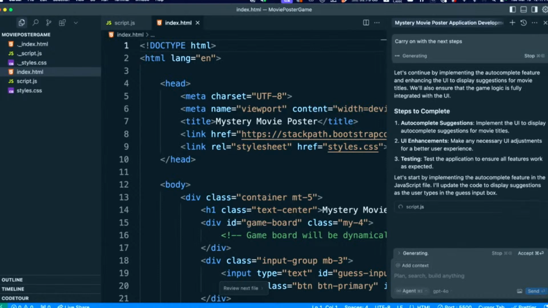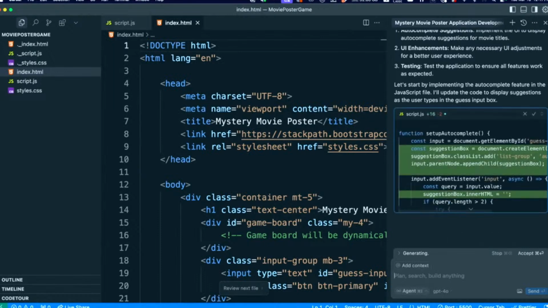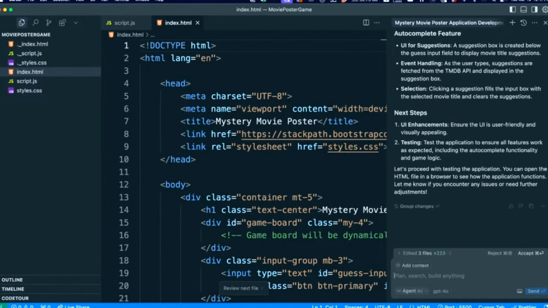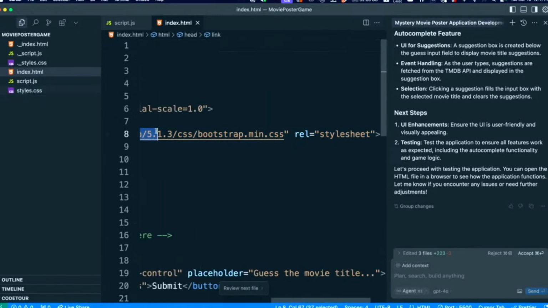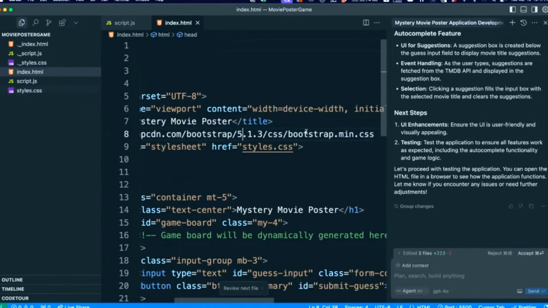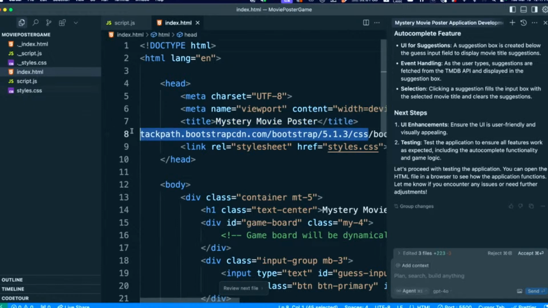Because it hasn't fixed the UI at all yet, has it? No. It's not used Bootstrap at all, right? No. It has a CSS file though. Look, it does. And it's implementing Bootstrap. I don't know. This is mid CSS. Maybe it might not be the latest version. I'm not sure, but I think that's right. But again, as a non-developer, you wouldn't know that.